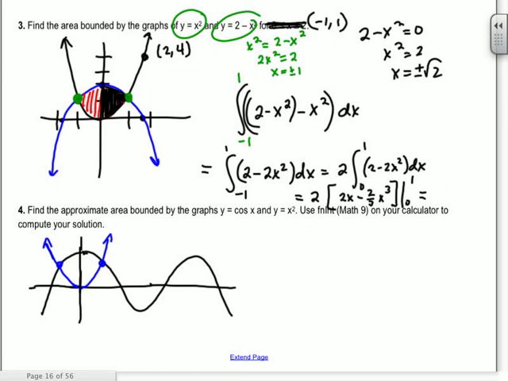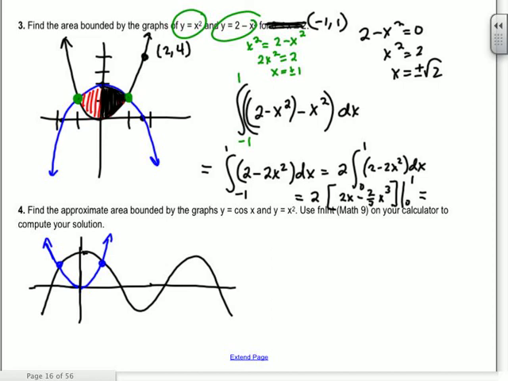Okay, so Rachel asks, should you be able to integrate everything on your homework? A lot of them you won't be able to integrate. This is an example of one that, well, this one you would be able to, but some of them are kind of tricky. If they're polynomials, it should be very easy to integrate, but I told you guys you could use math 9. So we're going to go ahead and graph